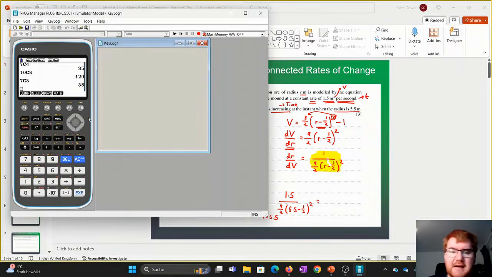So make sure you've got any calculator to hand, it doesn't have to be graphical. So we have 1.5 over 9 over 2, so that's 4.5, brackets 5.5 minus a half, 0.5. Like things, either decimals or fractions, don't like mixing here. And then we're squaring, so if we work out that answer, we get this